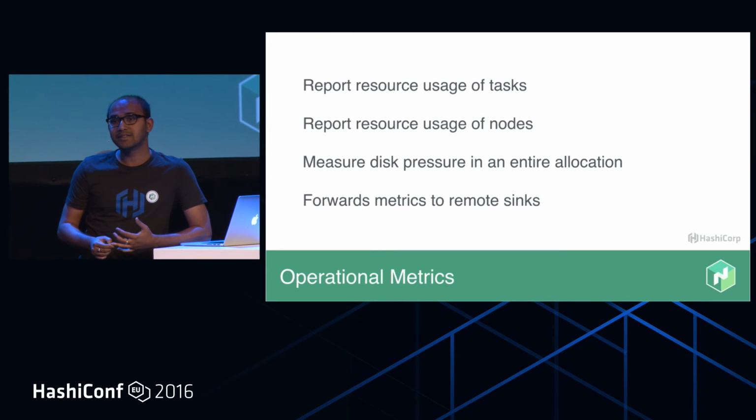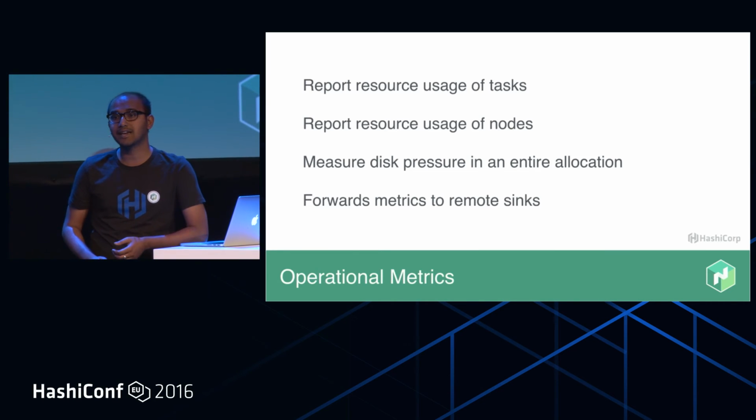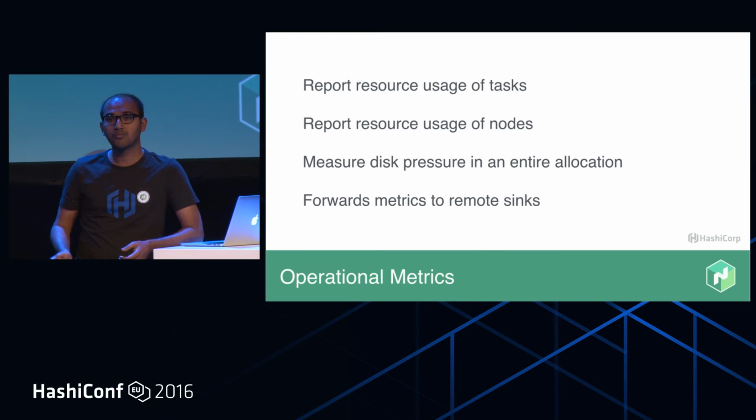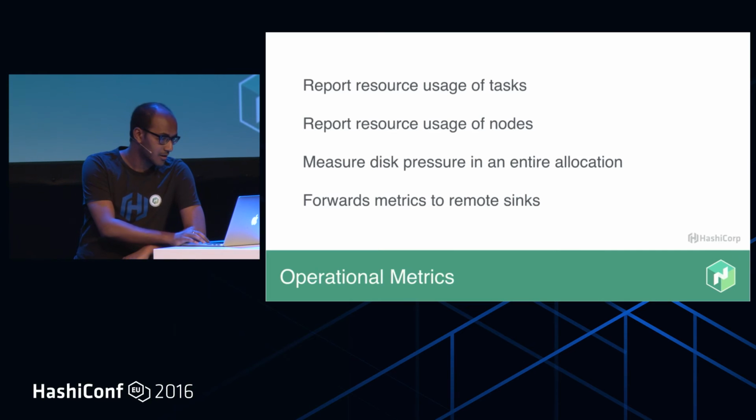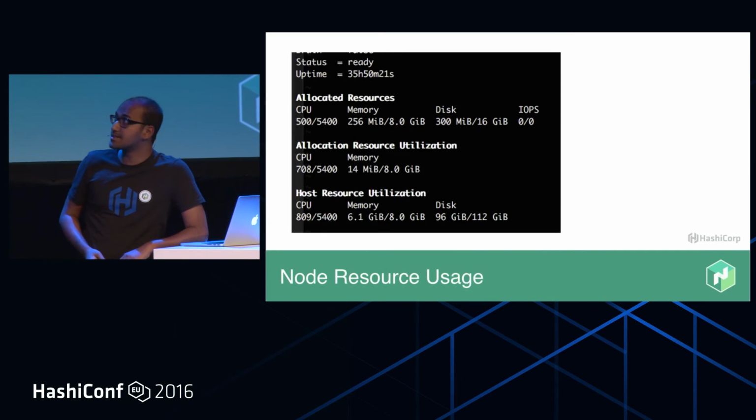So what it means is that if you are running Nomad and you have the Nomad agent on every node, now you don't need to run any other extra monitoring system for monitoring what is going on on that node, and also for monitoring the tasks on that system. So as you see, Nomad reports the uptime of a system, which is a gauge, and then Nomad will report the resources used by the allocations, and what is the resource usage of the host, and the allocated resources.